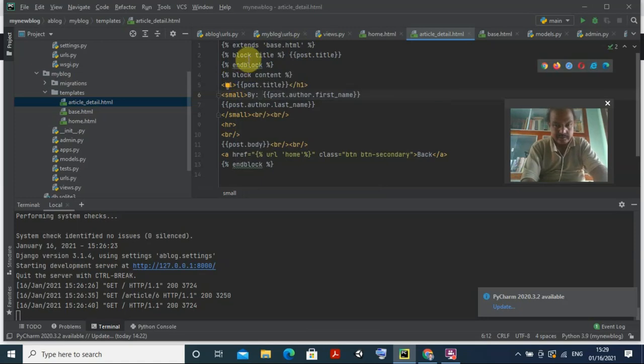And then here I am writing the block title. Instead of putting the title, I am writing post.title. So what is the title of the post? The same will be the block title here also. End block, and this is the block content and end block here also, right? So first, it is just taking the template from base.html. Second, for block title, I put the post title, the same will be the block title, and it will show end block here. Then block content, the content will be the same, and I go for this end block, right?